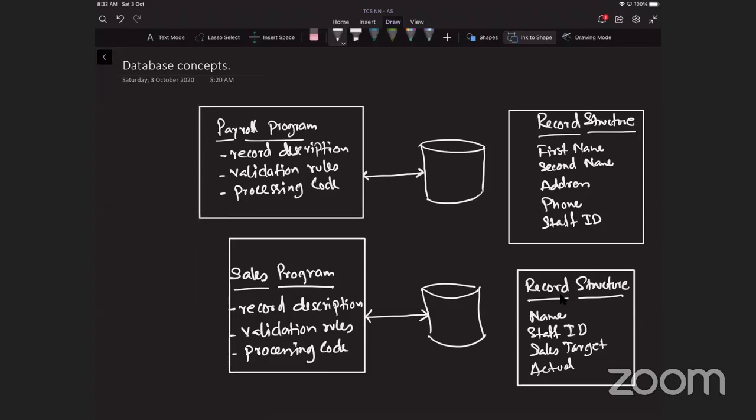In the first case, when the storage space is wasted because the data are duplicated by the separate applications, it is called redundant. It means data is being saved at different places in different style, and sometimes the file in one department is updated while the file in the other department is not updated. That is called inconsistency. So data duplication leads to redundancy.